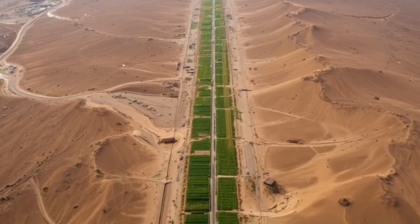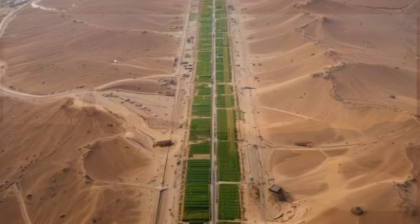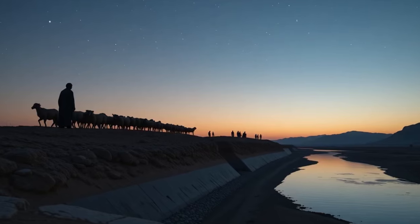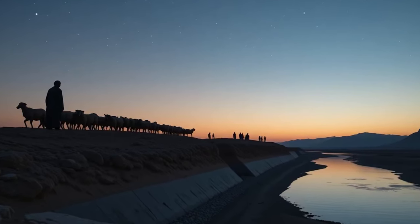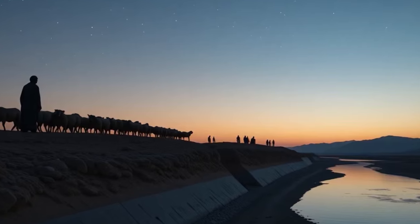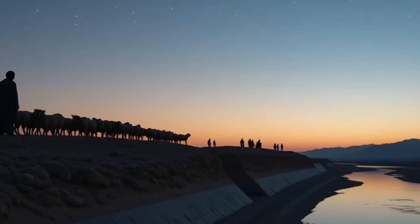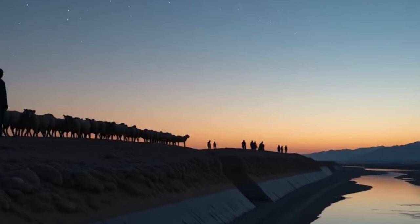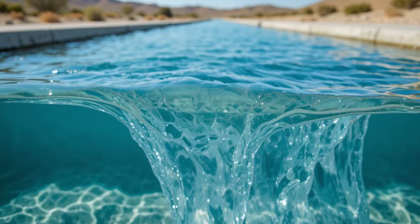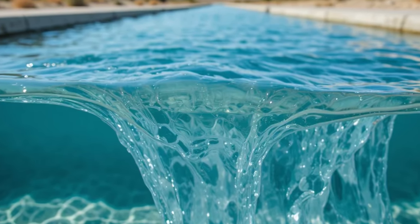When the first rush of water flowed through the cracked, dry canal bed, the regions of Dirugdi and Jaslamur erupted in celebration. Locals called it the day the desert came back to life. Wherever the water reached, cheers followed. It wasn't just a flow of water. It was a flow of hope, the fulfillment of a dream generations of farmers had waited their entire lives to witness. The moment real water finally ran across their land, the water from the Mediterranean finally makes its way through